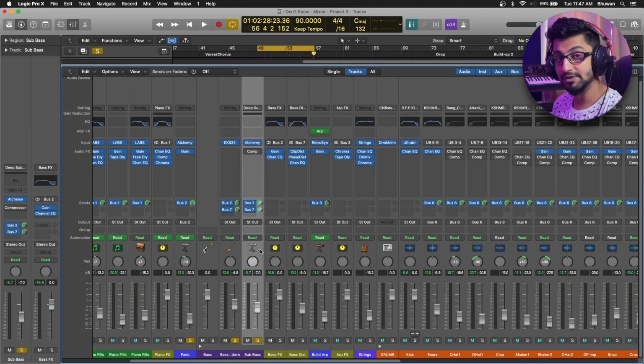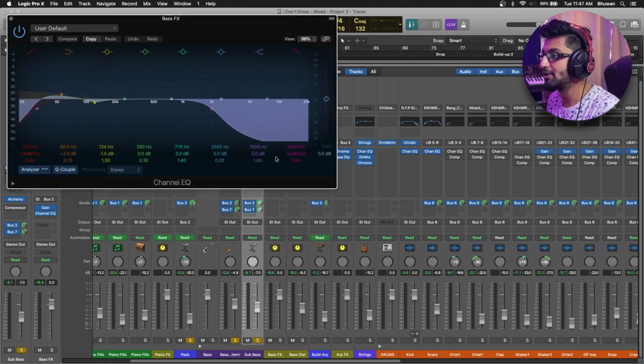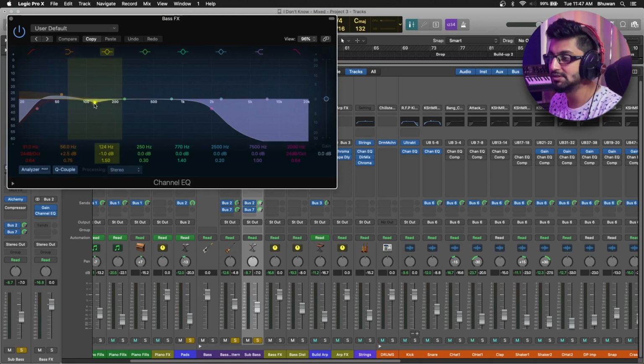Now, in terms of the processing, both the bass lines are going into a bass bus. And what I'm doing is a channel EQ over there, cutting off all of the highs because we don't need them. And then I boosted around 56 Hertz and then cut at around 124 Hertz. This is just to find out the body of the whole bass, and which sounds better in both the speakers, which are headphone speakers and your phone speakers, because at the end of the day, as I mentioned in my